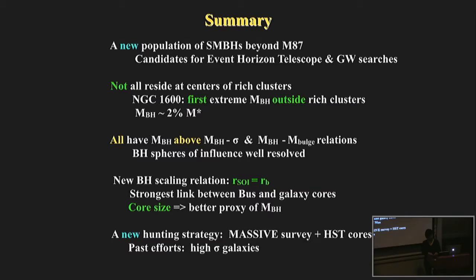So it seems like what ruins the M-sigma relation is that you just don't have galaxies at very high sigma. Right? If you had galaxies with 1,000 kilometers per second velocity dispersion, in principle the black holes would be on the relationship. So do you have a sense of what mechanism might truncate velocity dispersion to be no higher than roughly 500 kilometers per second?